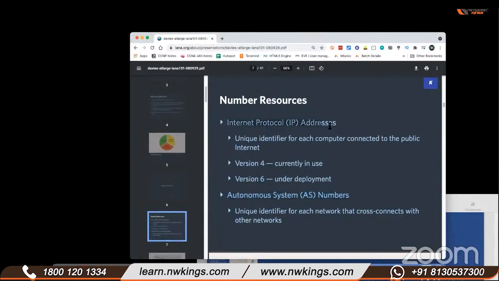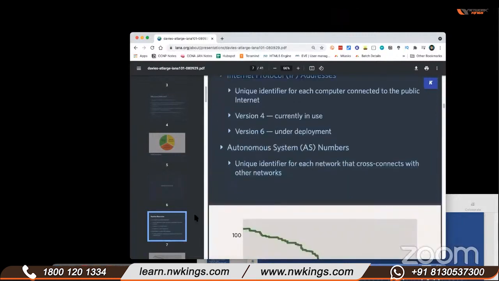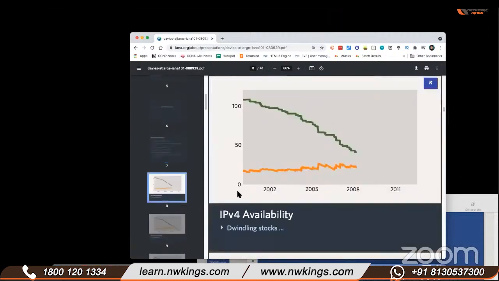And another is the internet protocol address, which is available in two versions, version 4 and version 6. तो वर्जन 4 और वर्जन 6 सुना भी होगा आपने, दो तरह के आईपी एड्रेस होते हैं, ठीक है। और एक ये ऑटोनोमस नंबर होता है जो कंपनीज यूज करती हैं।